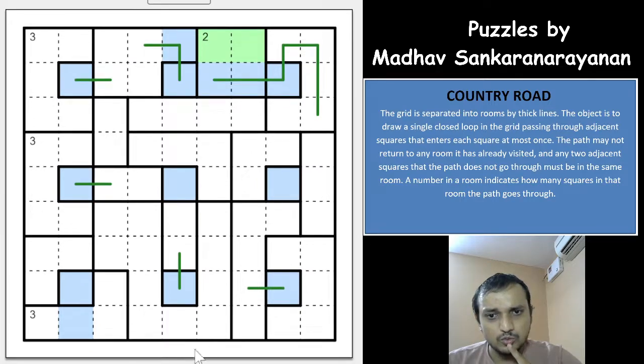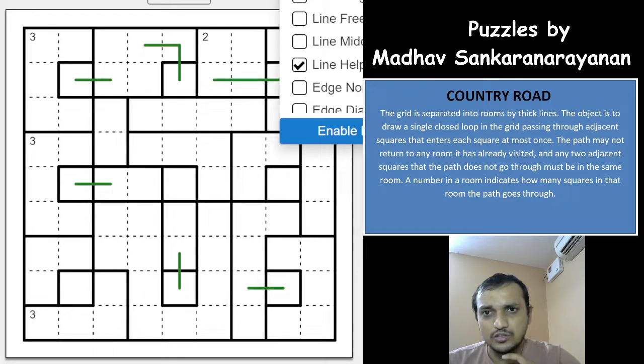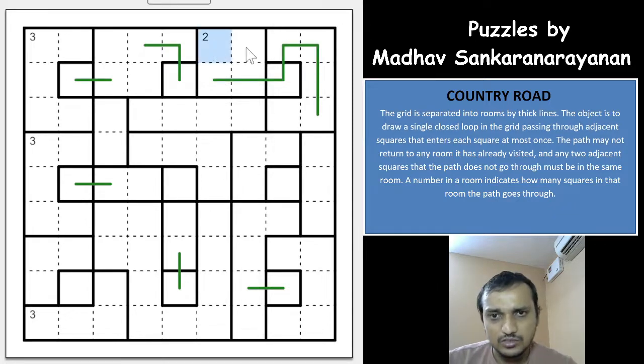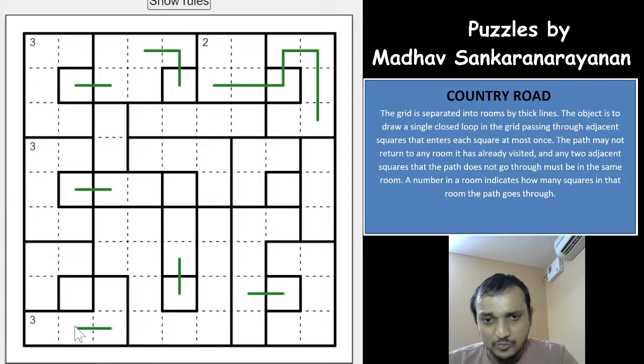I'll try not to use the surface because that will be quite confusing for us now. Okay, so these are not part of the loop. Oh, I again came into the surface thing. Okay, this is part of the loop, this is part of the loop. Next, this is also part of the loop, and again this is also part of the loop. So this cell is also part of the loop. At minimum, these two cells will have to be part of the loop. One other thing, if you see here,